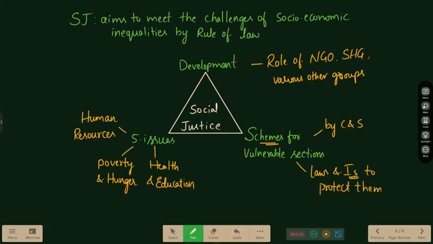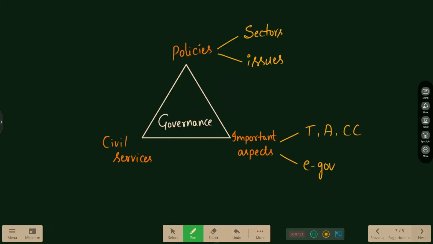Then five issues you need to know. This is your priority area, that is poverty, hunger, health and education, human resources. Now we will move to the third subject, that is governance. The governance, again I am using a triangle, that means three major topics, three major dimensions, headings have been given